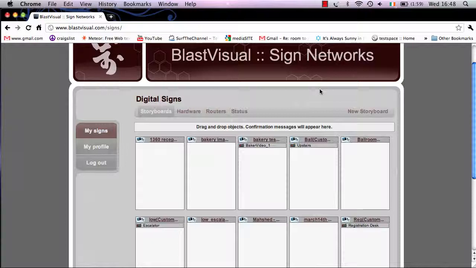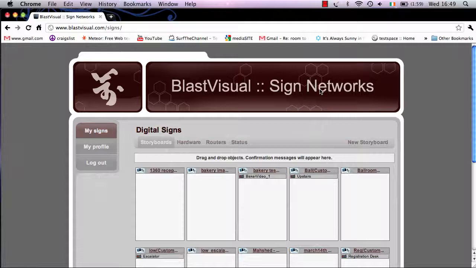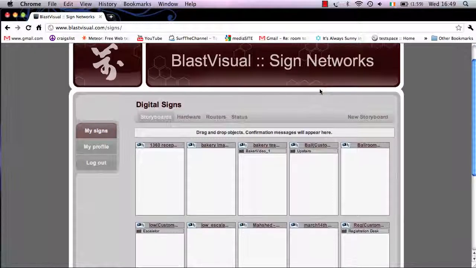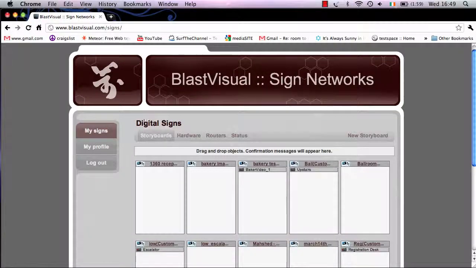Today we're going to be having a quick look at the BlastVisual profile of your account once you sign into BlastVisual. You can do this by going to www.blastvisual.com and entering in your username and password. Once signed in, you'll be taken directly to the BlastVisual Sign Network's main profile, which will be the My Signs